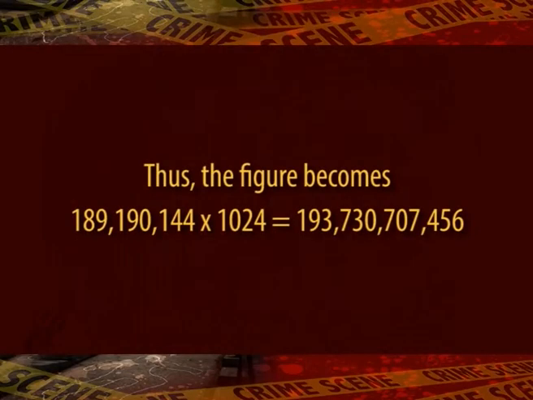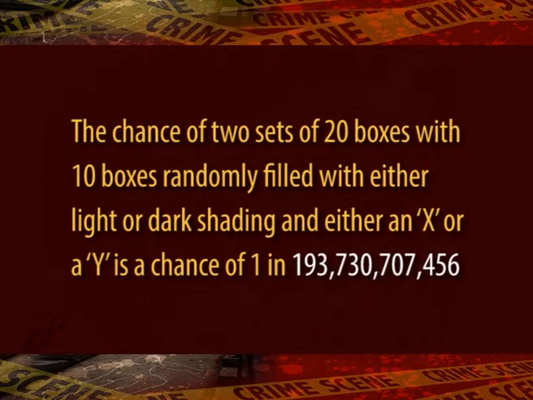Now, if each of these shaded boxes can then have either an X or a Y, the same probability factor as above is relevant, that is 2 raised to power 10. Thus, the figure becomes as shown on the screen. The chance of two sets of 20 boxes with 10 boxes randomly filled with either light or dark shading and either an X or a Y is a chance of 1 in the figure which has been shown on your